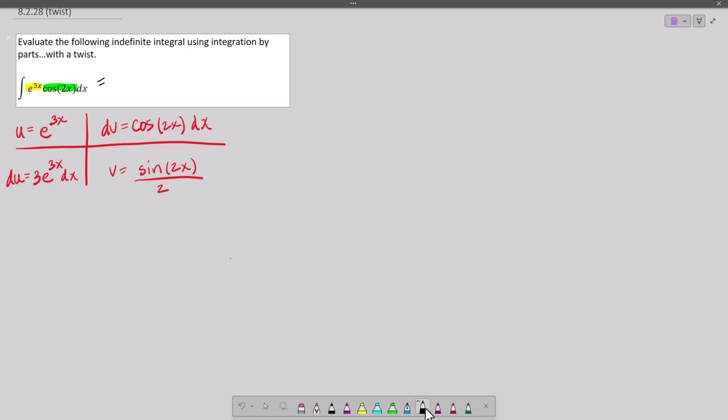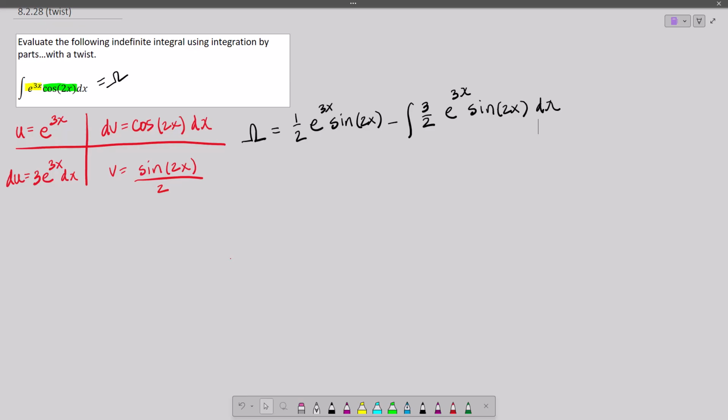We're going to call this integral omega, and omega is going to then be equal to u times v, which is 1/2 e to the 3x sine of 2x, minus the integral of v du. v du is the bottom row here, and so we will have 3/2 e to the 3x times sine of 2x dx. And what we notice here is that we need to use integration by parts again,